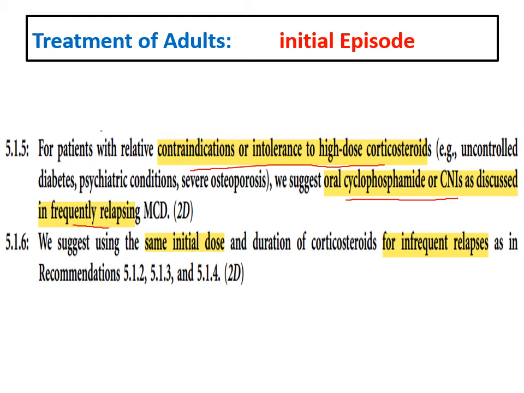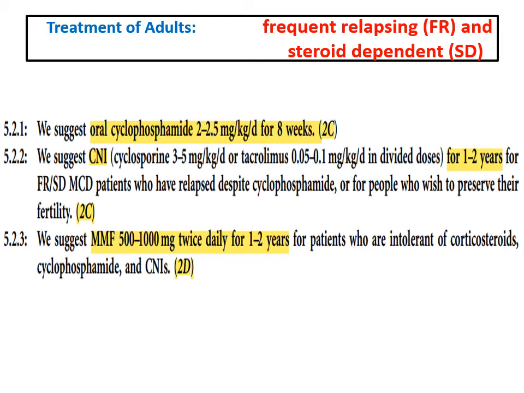والبيشنتس اللي هم حصل لهم relapse I should treat them with the same regimen زي ما ابتديت فيهم في الاندكشن أو في الانيشيال إبيسود. يبقى البيشنت اللي عندهم كونترا انديكيشن أو انتولرنس للهاي دوز ستيرويدز زي الانكنترول دايابيتس أو عندهم سايكاتريك كونديشنز أو سيفير اوستيوبروسيس I can use CNI أو oral cyclophosphamide. البيشنتس بقى اللي هم الفريكوينت ريلابسرز والستيرويد ديبندنت إيه الاوبشنز اللي عندنا؟ I can use oral cyclophosphamide for 8 weeks